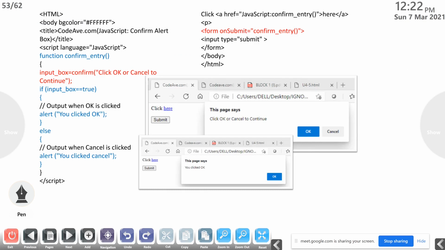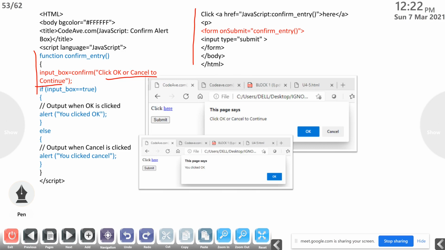This is an example. Here we use the function confirmEntry. So inputbox equals confirm, click OK or cancel to continue. Then output is there. Here form onsubmit equal to confirmEntry.